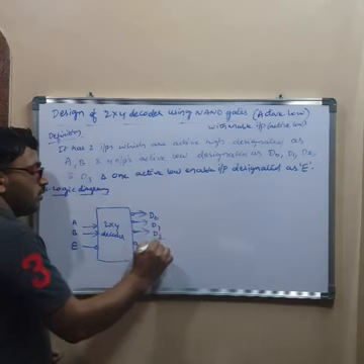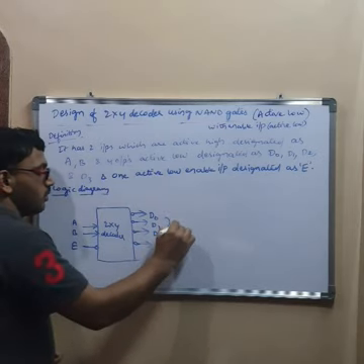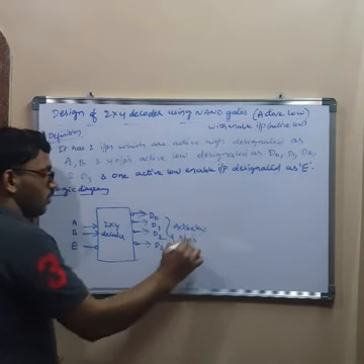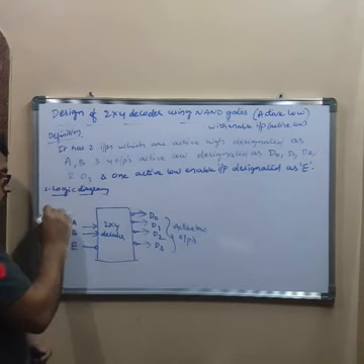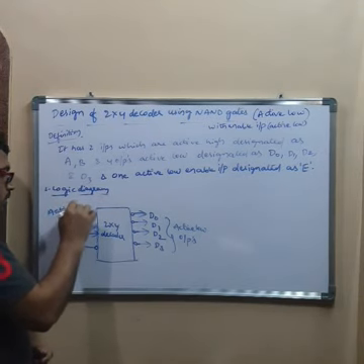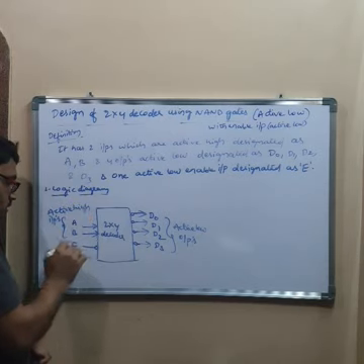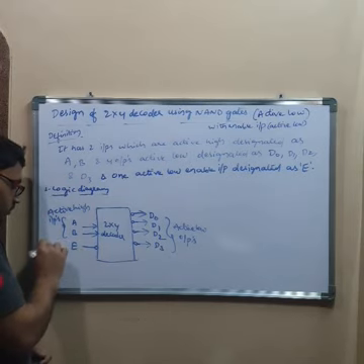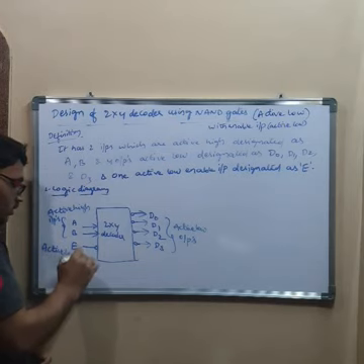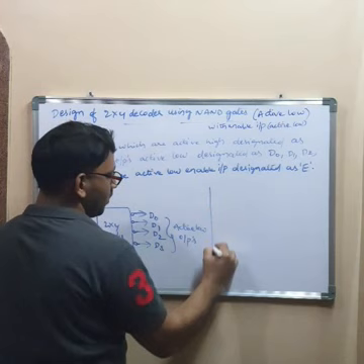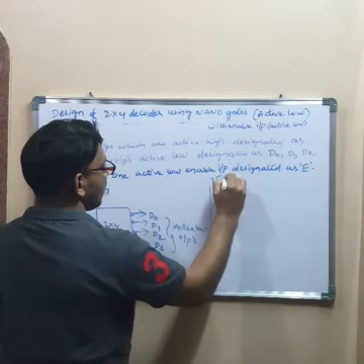D0, D1, D2, D3: active low outputs, active high inputs, enable input active low, active low enable input. If you look at the truth table,